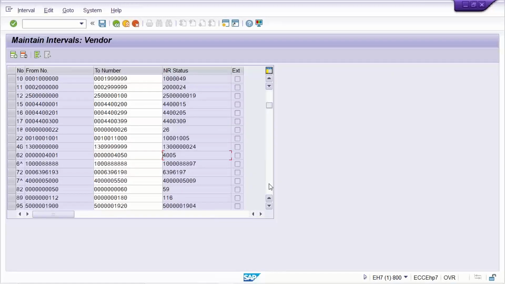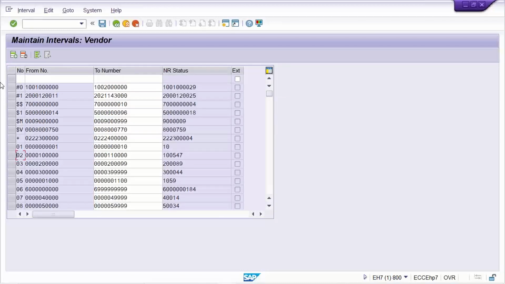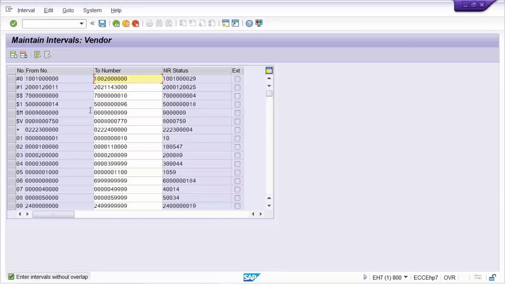Likewise, we have 10, 11, 12, 14 is not there, right? I'll create a 14. Yes, here, 14. And if I give a range, let's suppose 1000 to 1999,